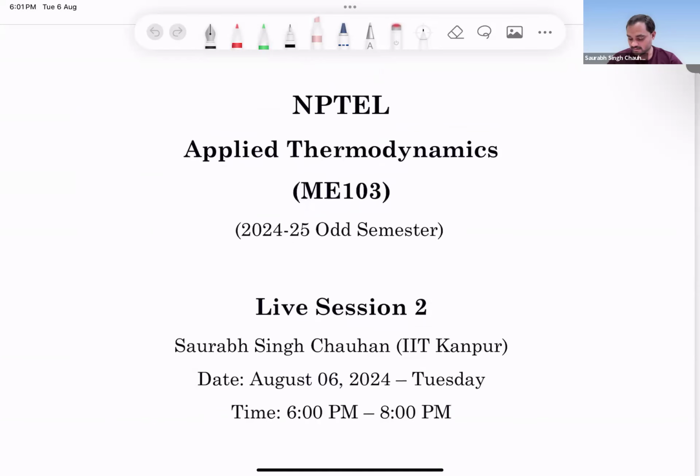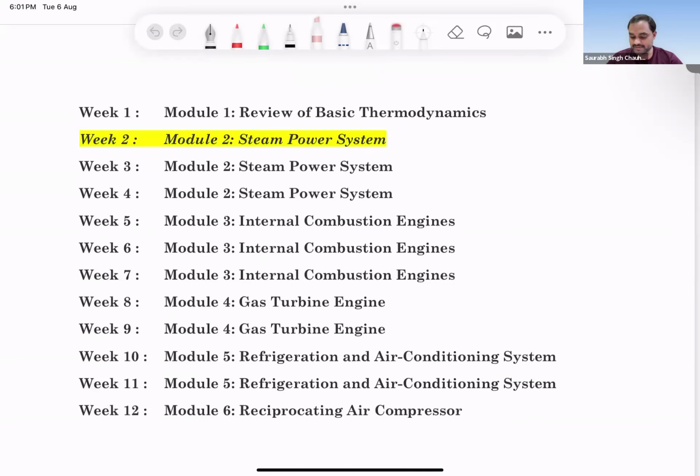This is our second session. In the first session, we solved some problems related to basic review of thermodynamics. And in today's session, we will solve some problems related to steam power cycle, Rankine cycle to be more specific. Okay, so we will begin